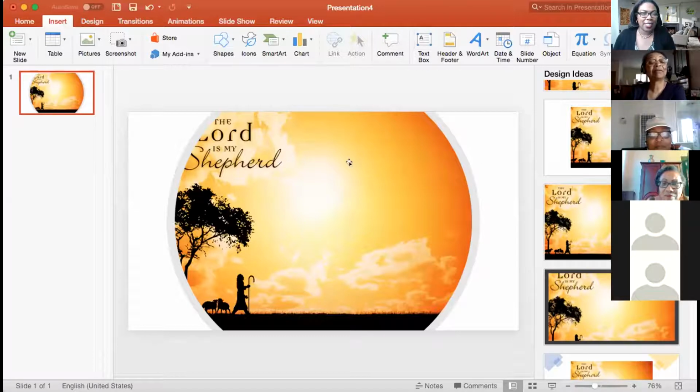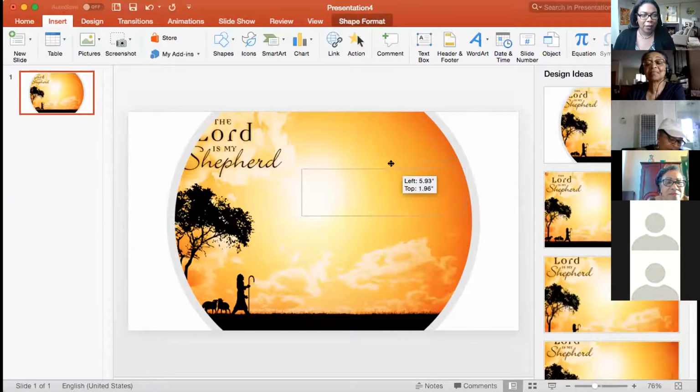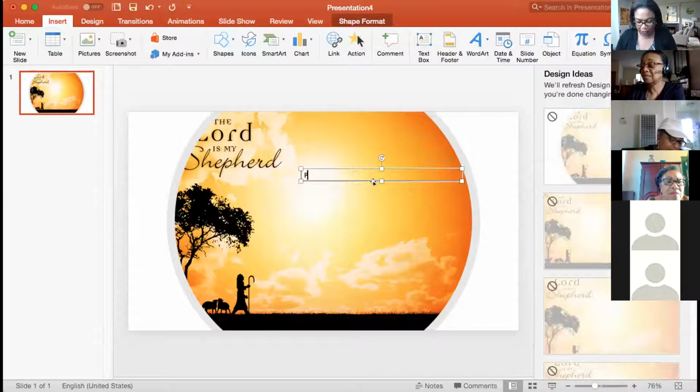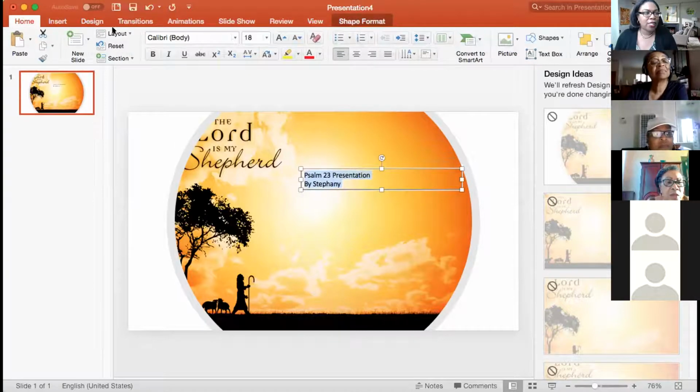So now I'm going to select a text box. And once I have a text box selected, I'm going to go in here and put in whatever I want the title to be. So we're going to do Psalm 23 presentation by, and I put my name in there, and I can do whatever formatting I want. One thing you want to remember if you're doing PowerPoint, you at least want to have it at